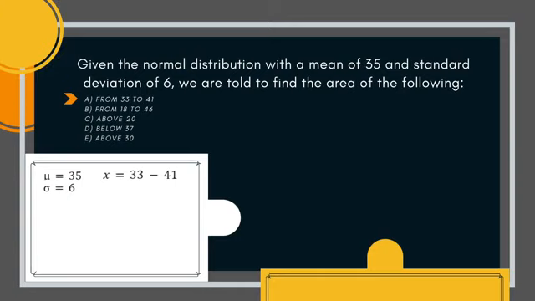Unahin muna natin ang z-score ng 33. So, using the formula z is equal to x minus the mean over the standard deviation, ang gagawin lang natin ay mag-substitute ng mga terms para mahanap natin ang z-score. And with that being said, the equation to find the z-score will now be z is equal to 33 minus 35 over 6. Then the next step is to subtract the terms in our numerator and we should get negative 2 over 6. Dito, pwede na nating ilagay sa calculator yung fraction